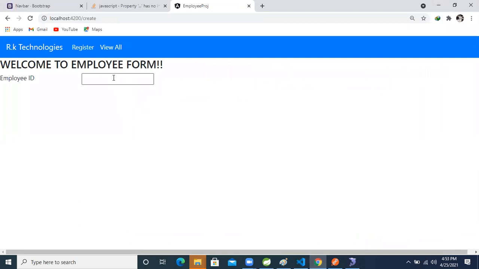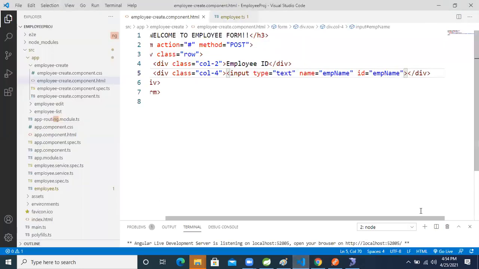Come to the browser, see that employee ID, here we get the field. You want to give a little bit better view for the input. Come here and just use class, right? Class is already there.